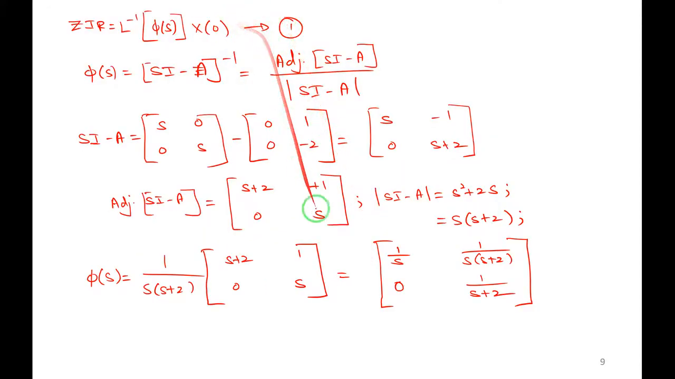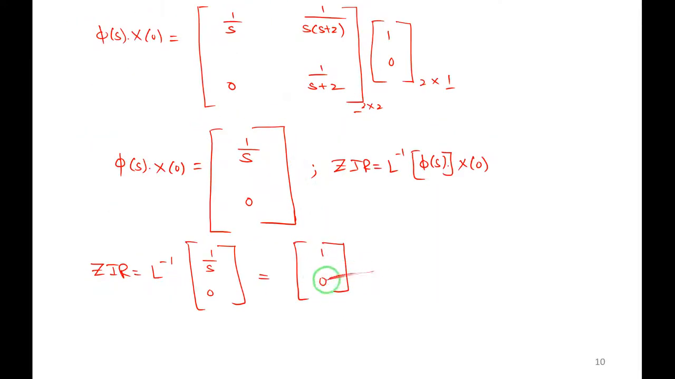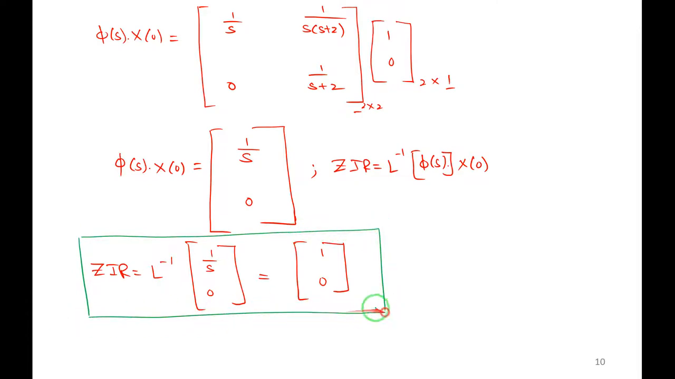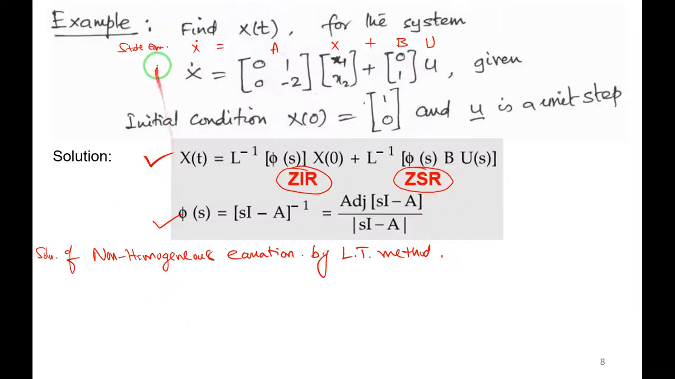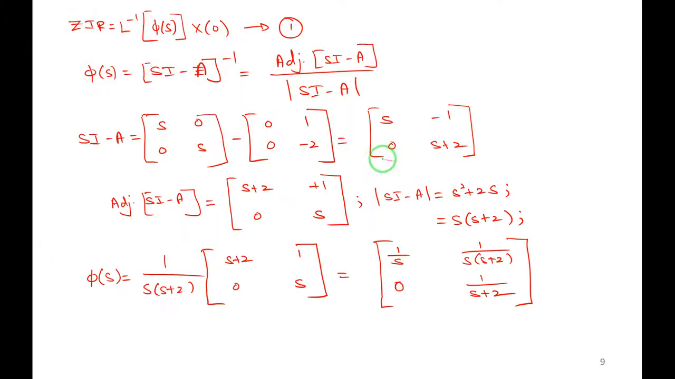Already I have called it. So I got this, right? So we are getting ZIR. Let me enclose it because I have to add later. This is ZIR. That is [1 0] I am getting, right? Only [1 0]. Okay. Next, ZIR is over. Next, I have to obtain the zero state response, ZSR: Laplace inverse of phi of s into b into u of s. We will proceed with the second term. So the zero state response ZSR is equal to